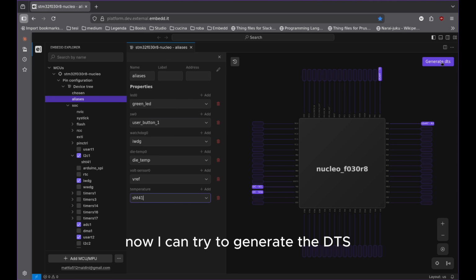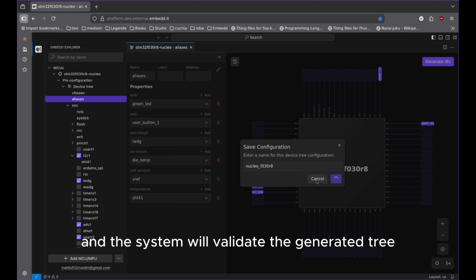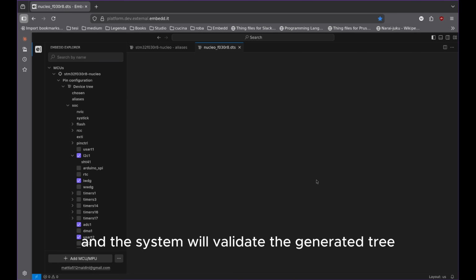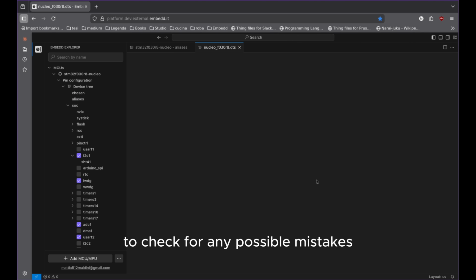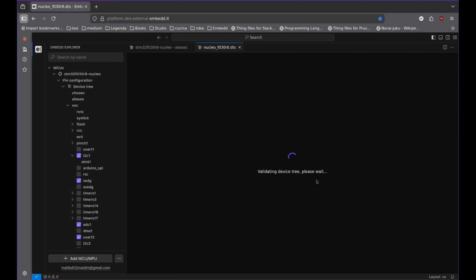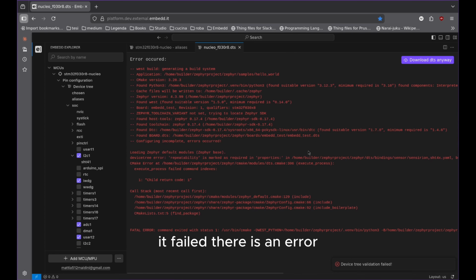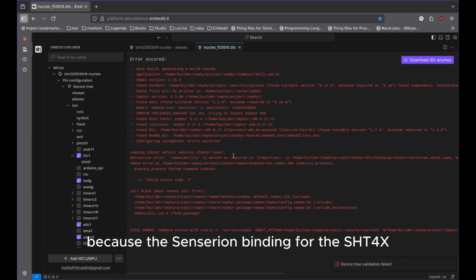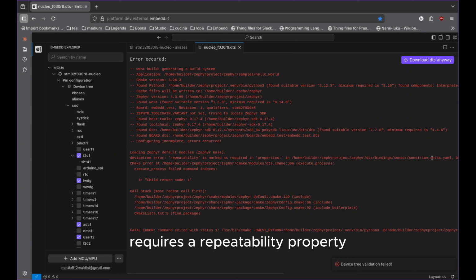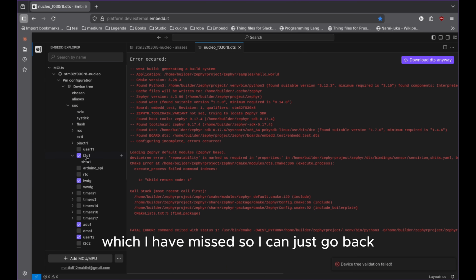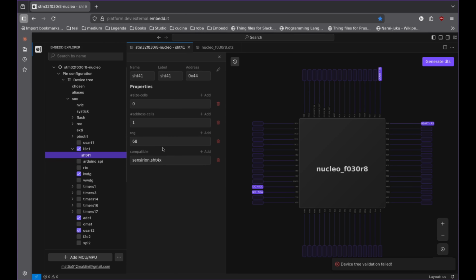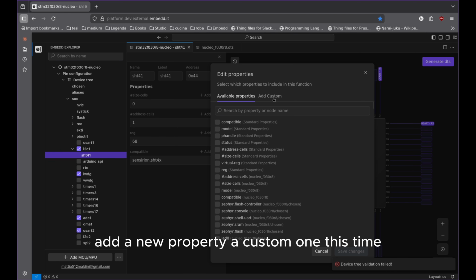Now I can try to generate the DTS, and the system will validate the generated tree against the Zephyr build system to check for any possible mistakes. It failed. There is an error because the sensorion binding for the SHT4X requires a repeatability property, which I have missed. So I can just go back, add a new property, a custom one this time,